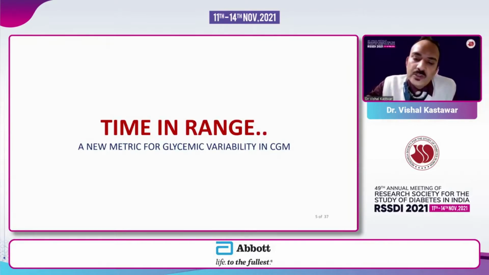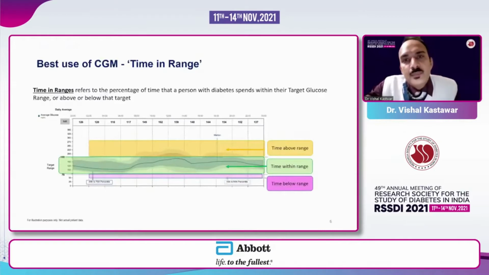CGM was always run to understand how much time the patient remains in the required glucose range. So the time in range is basically the time in the required glucose range for that particular patient. For the usual type 1 or type 2 diabetes patients, the usual adult, it is set at 70 to 180 milligram per deciliter. After understanding the time in range concept, automatically we know that something is time above range and something is time below range.